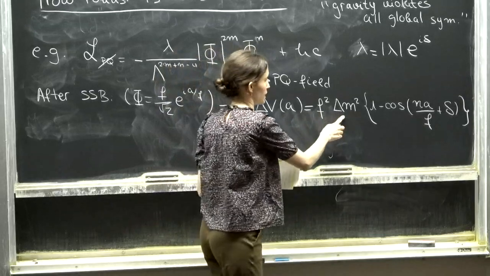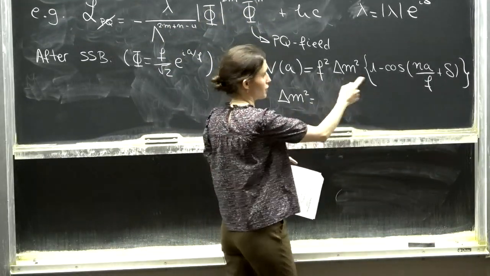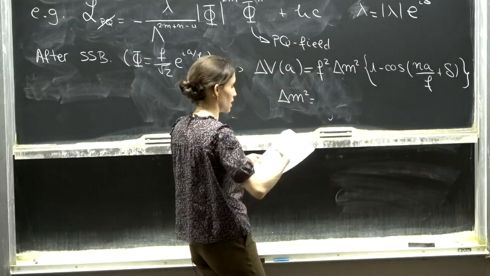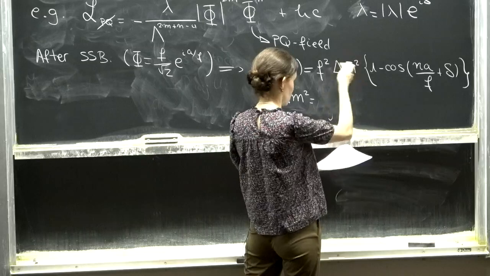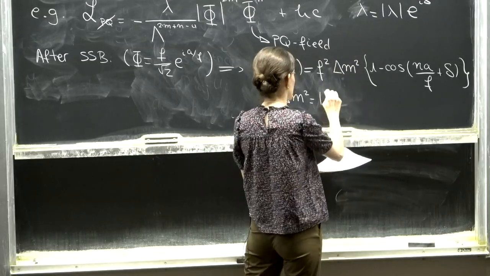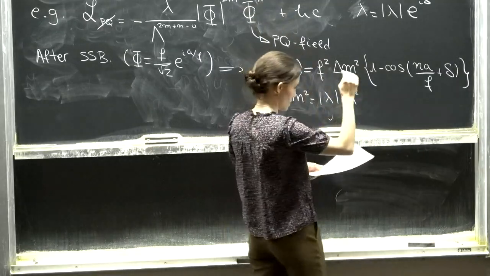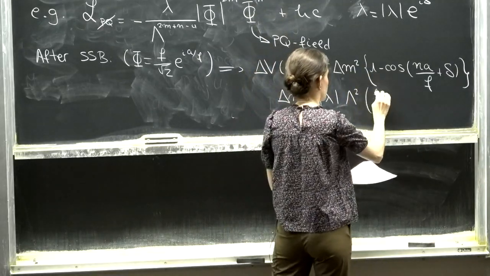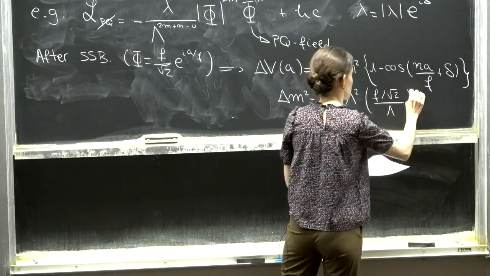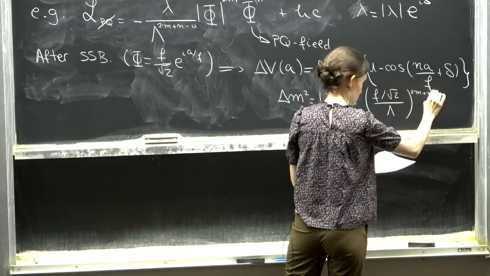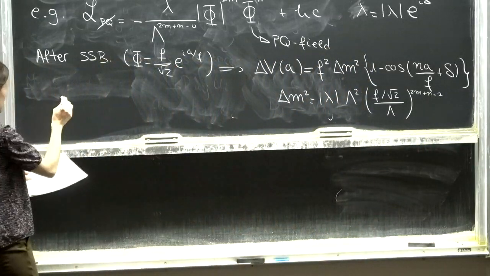Okay, where this delta m squared is the coefficient of the quadratic part of the axion potential, so it's the additional contribution to the axion mass from some symmetry breaking contribution like this, and we can write it in terms of our various parameters in this way. We'll put in numbers in a second. Okay. So this means that in general,